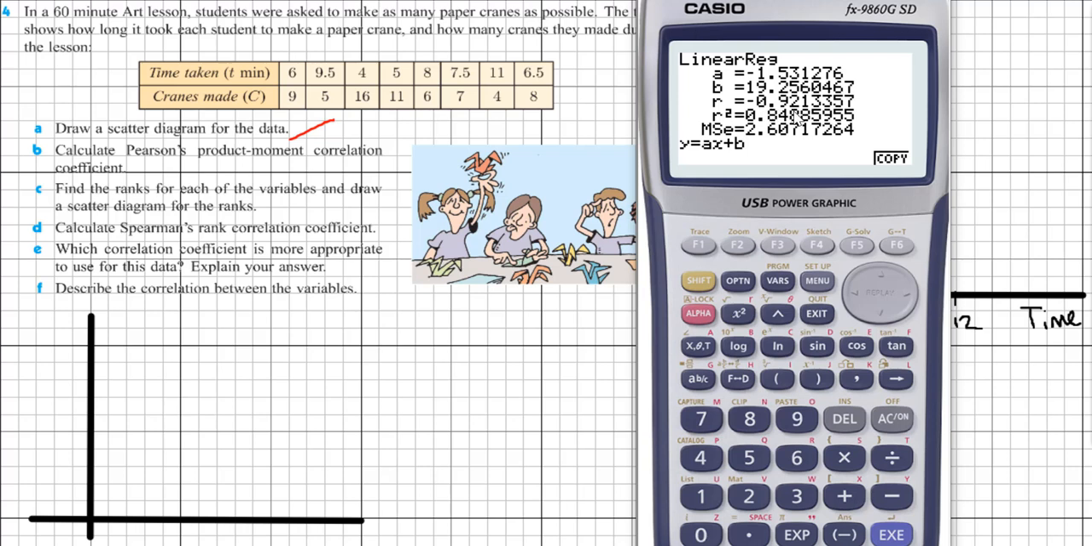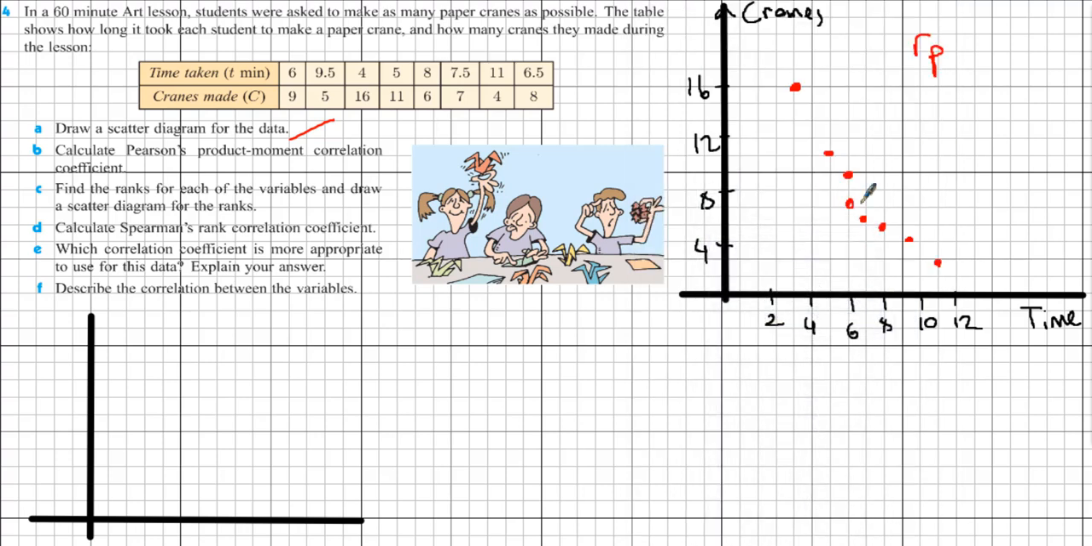Minus 0.921. Okay, let me write it. So the Pearson's correlation is -0.921. So it's a negative, strong correlation between the variables. As its trend is not that linear, we should check with the Spearman's